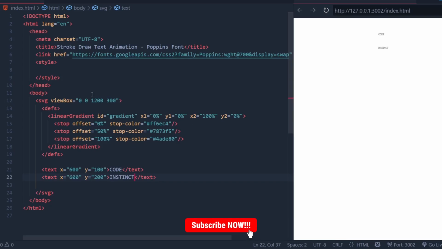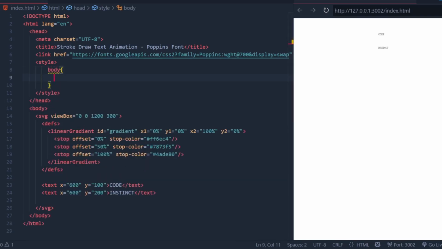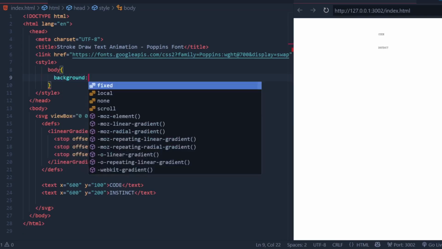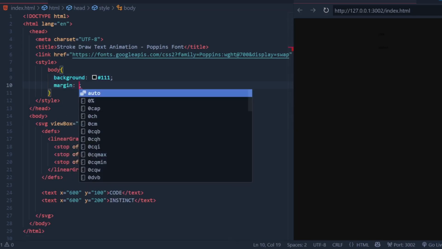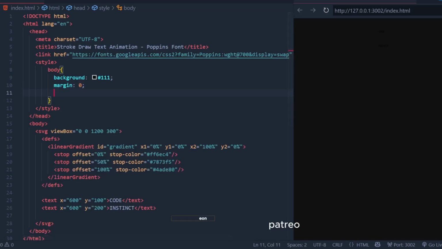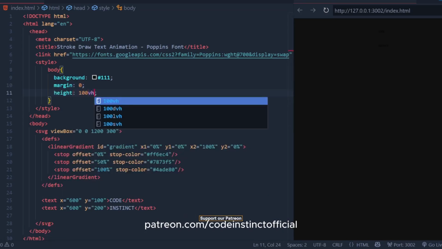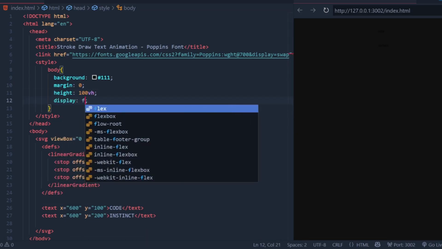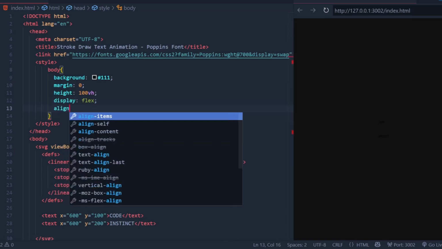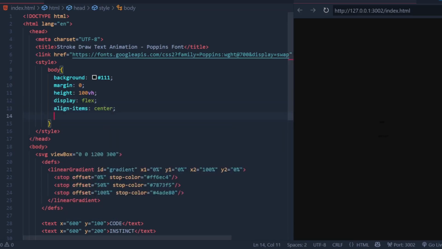Now that we've covered the HTML structure, let's move on to the CSS that brings this SVG to life with its stunning animation and styling. Let's walk through the CSS for the body element line by line. First, we set the background to a dark gray color, giving our design a sleek and modern look. Next, we remove any default spacing around the edges by setting the margin to 0. To ensure the body takes up the full height of the viewport, we define the height as 100vh, which means 100% of the viewport height. Then, we use display: flex to enable a flexible layout, allowing us to easily center content both vertically and horizontally. The align-items: center property ensures that everything is perfectly aligned along the vertical axis, while justify-content: center handles